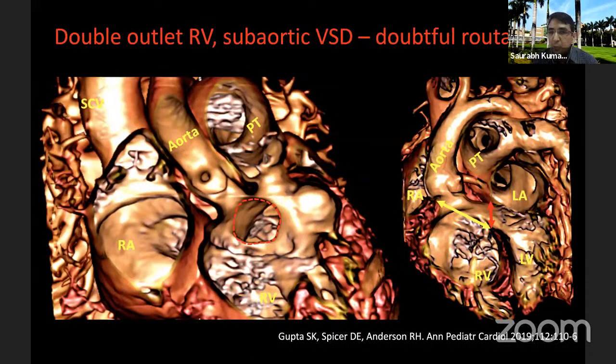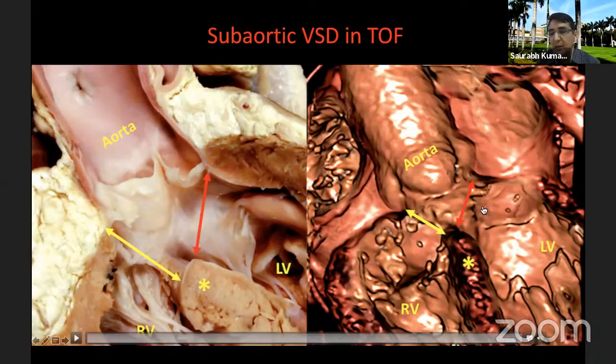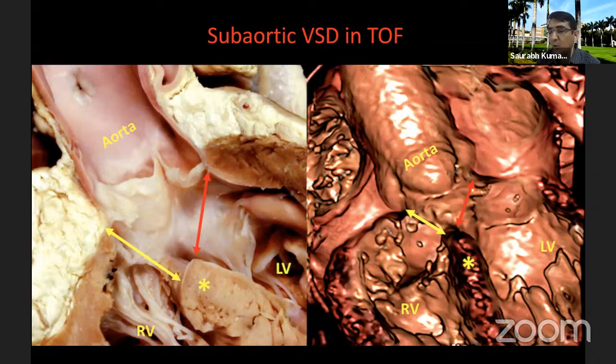Now, in another case, double outlet right ventricle with subaortic VSD, we could create these images, which I think are very useful for any surgeon or a cardiologist whenever we are planning for routability assessment of these patients. Similarly, in tetralogy of Fallot CT, you could almost show whatever can be seen on a pathological specimen, and you can see that even without having access to the pathology specimen, you can explain what is going on and what is